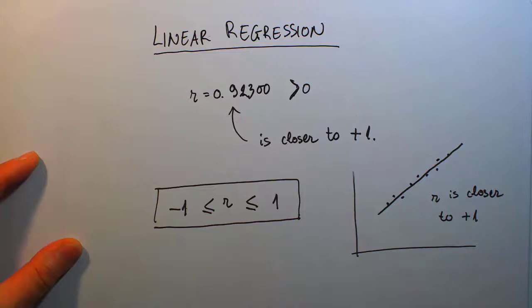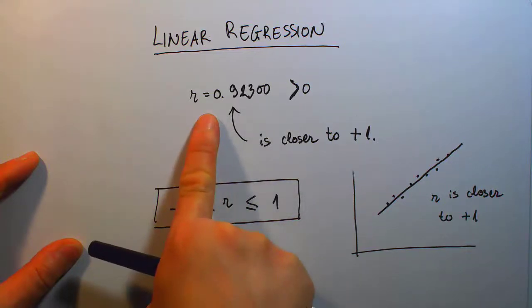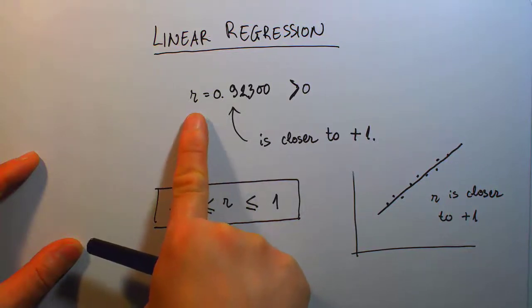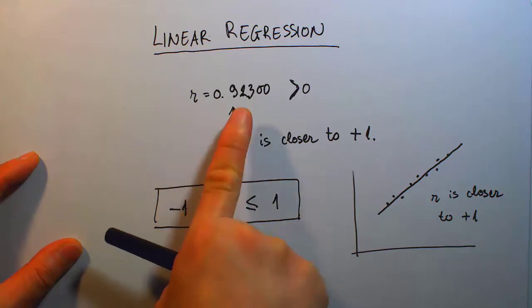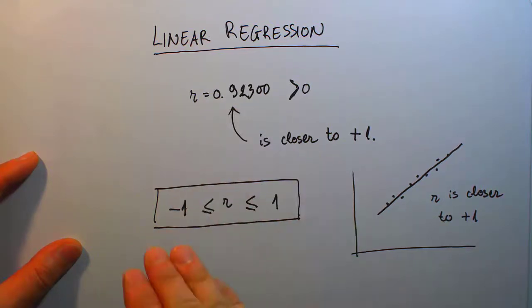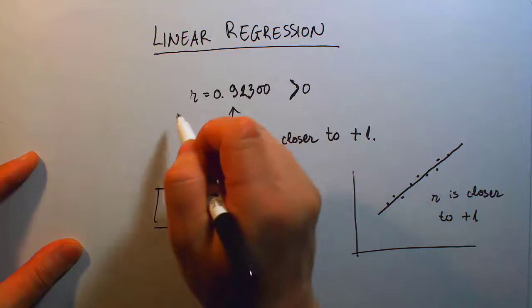But in this particular new data, R equals 0.9230 compared to the earlier version, then you can say that